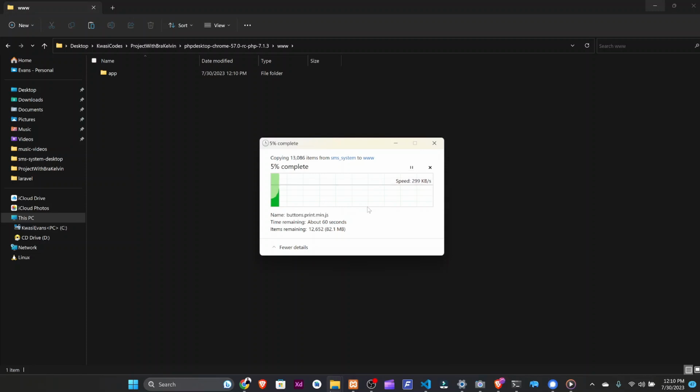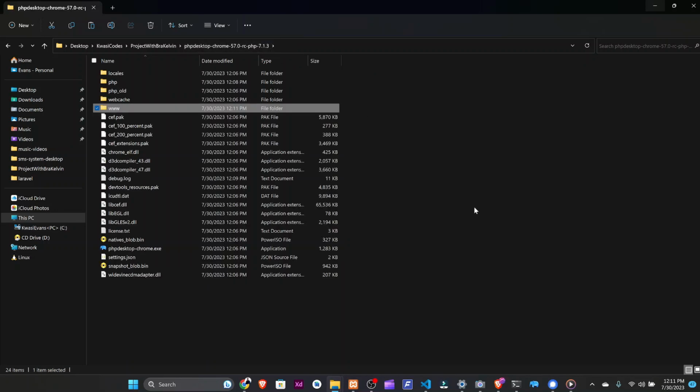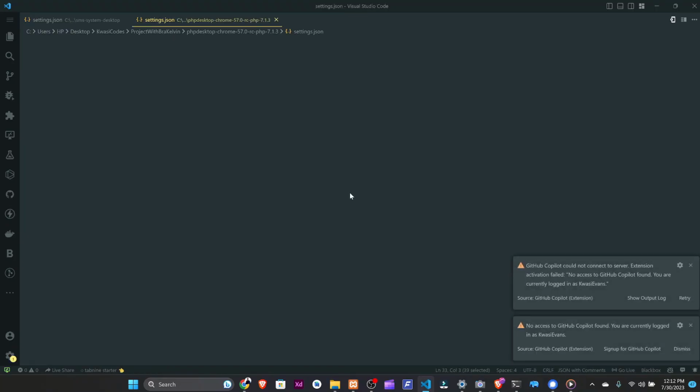So let's wait as it copies. Alright, so you can see that we are done downloading whatever you want to download. So what you would want to do next is go back down here and look for the settings.json. So when you go to the settings.json,